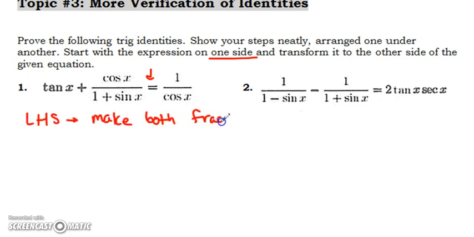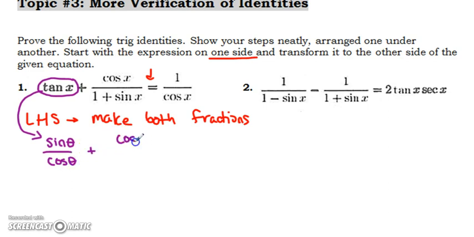fractions. You might be thinking, what do you mean by that, Mrs. Fry? Bear with me on this. Tangent is not a fraction. Cosine over 1 plus sine is a fraction, but tangent is a quotient. So I could rewrite it as sine of theta over cosine of theta, and then these would both be fractions. Oh, I realize I just used the wrong variable. My bad. Not that it really matters as long as you use the same variable everywhere, but because the problem has x, I will change that. Cosine of x, 1 plus sine of x. All right, now,